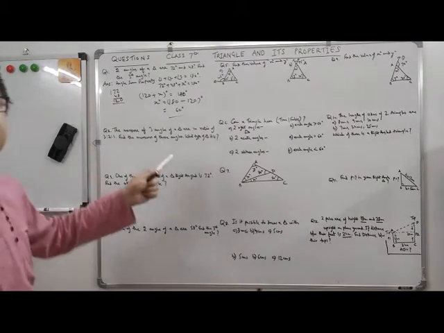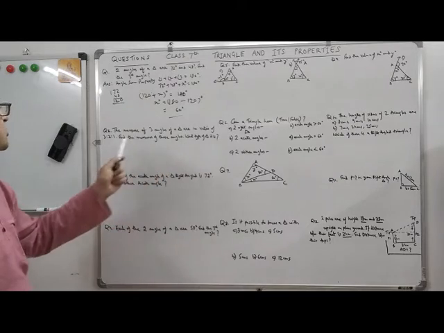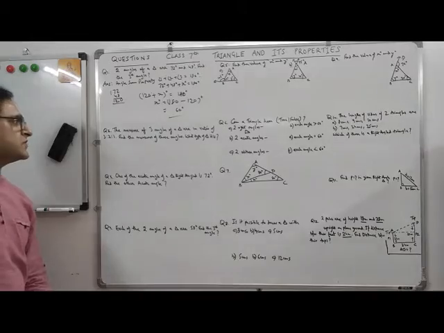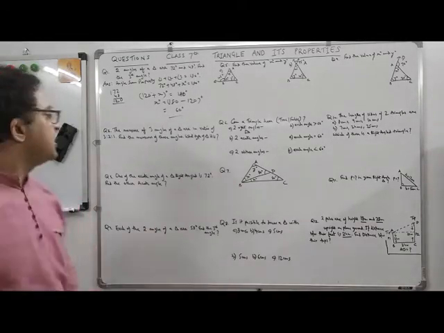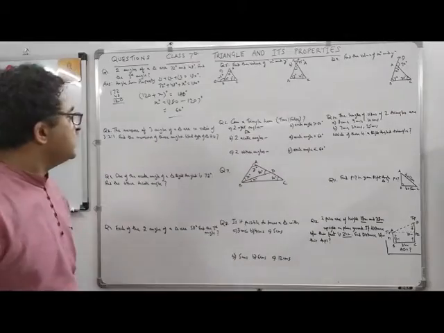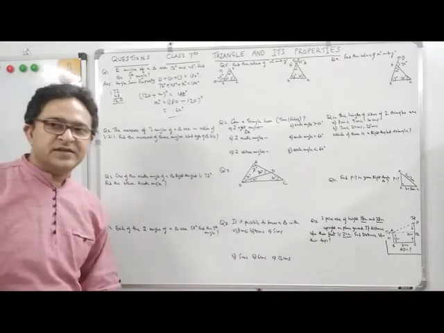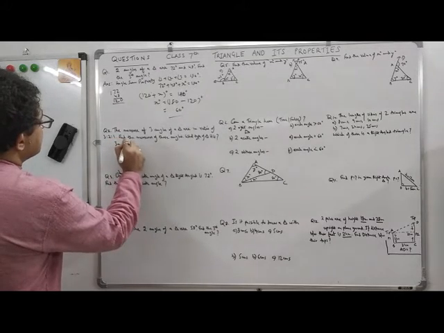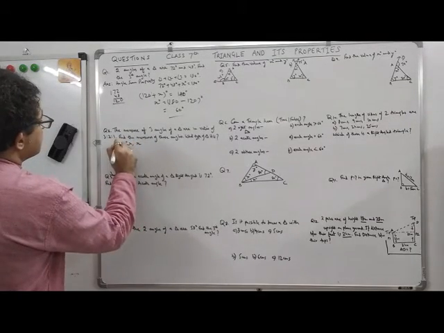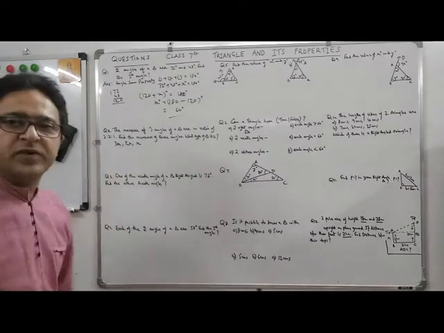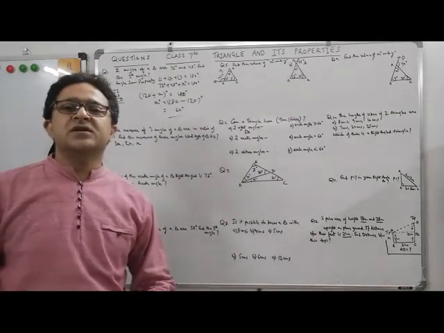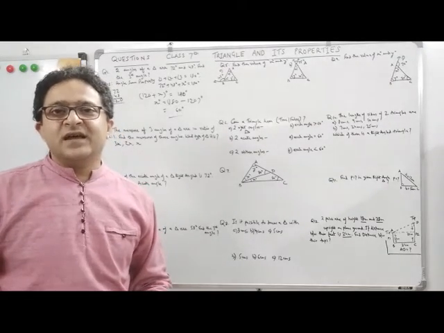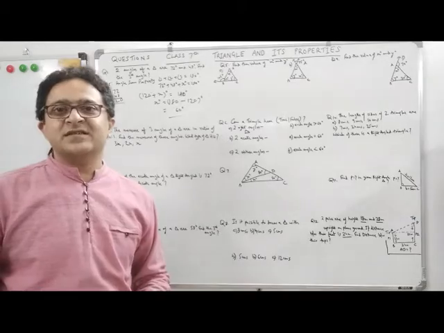So let's now do the second part. The measures of three angles of a triangle are in the ratio of 3:2:1. Find the measures of these angles. So we have to find the angles and we have to find what type of triangle it is, right? Let's see. Let's assume these as 3x, 2x and 1x is x. So we know it's again the angle sum property, because whenever three angles are given, you can just give a guess, and the correct guess. It is the angle sum property.